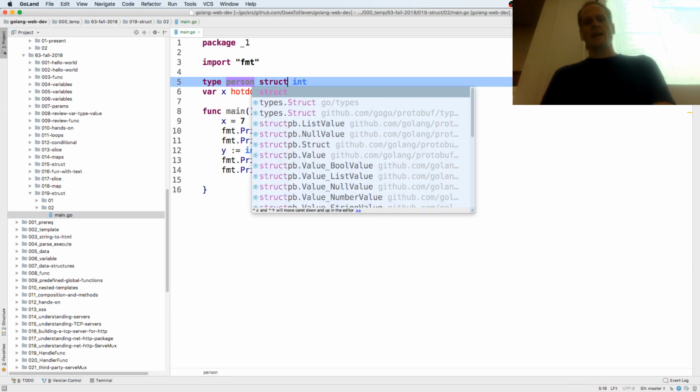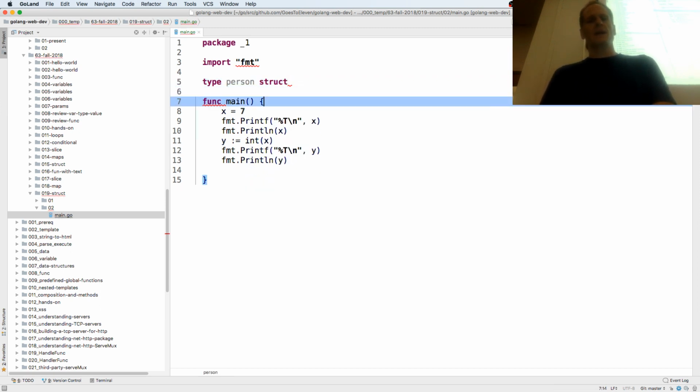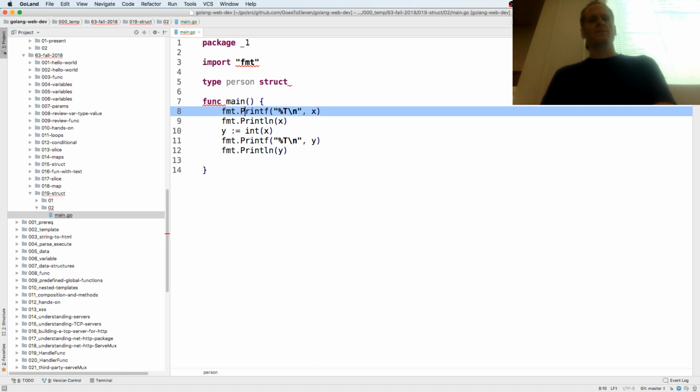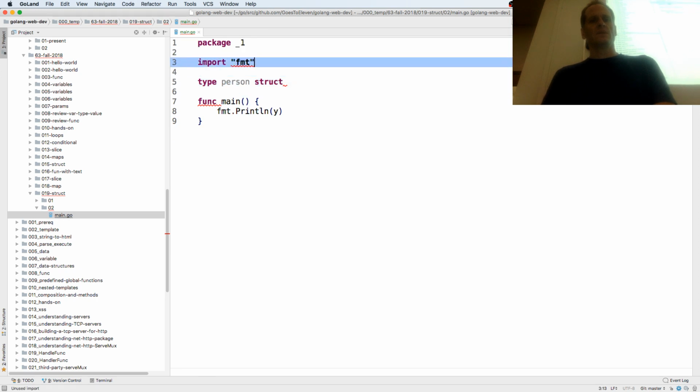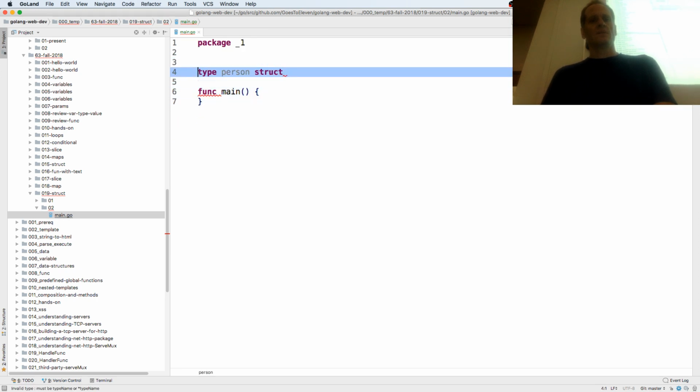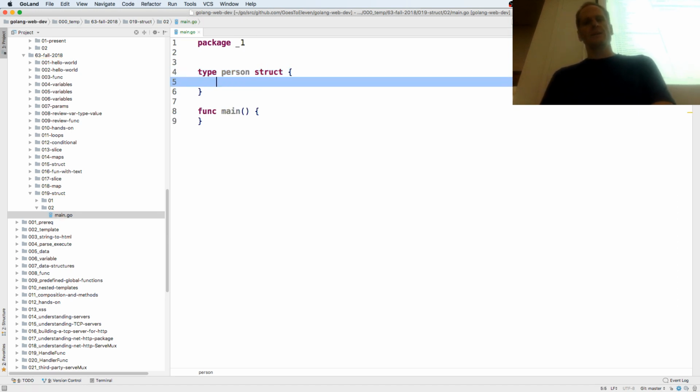So I've created a type. So I had type hot dog int before. And I have type person struct, and I've got a little error there because I need to add curly braces